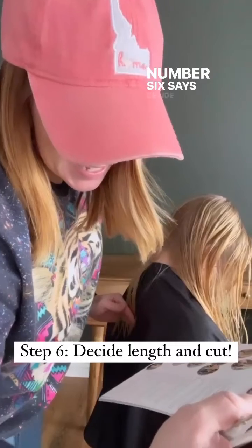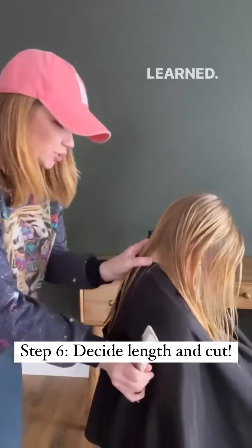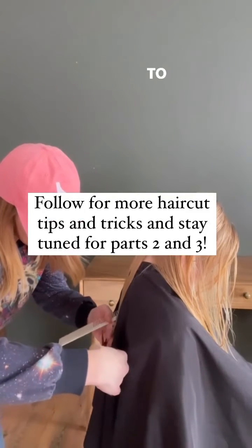Number 6 says, decide length and cut. So now I'm going to combine all the steps that you just learned. I'm going to decide the length that I want, and then I'm going to make my first